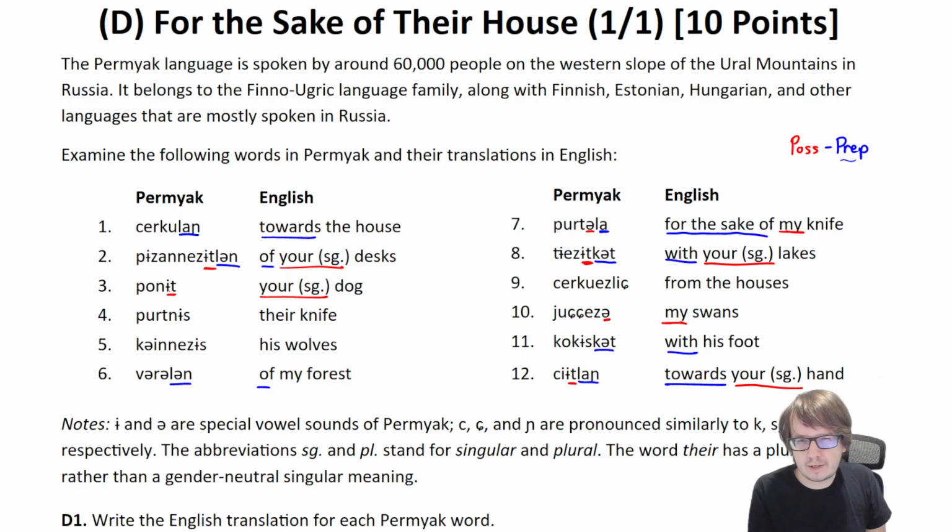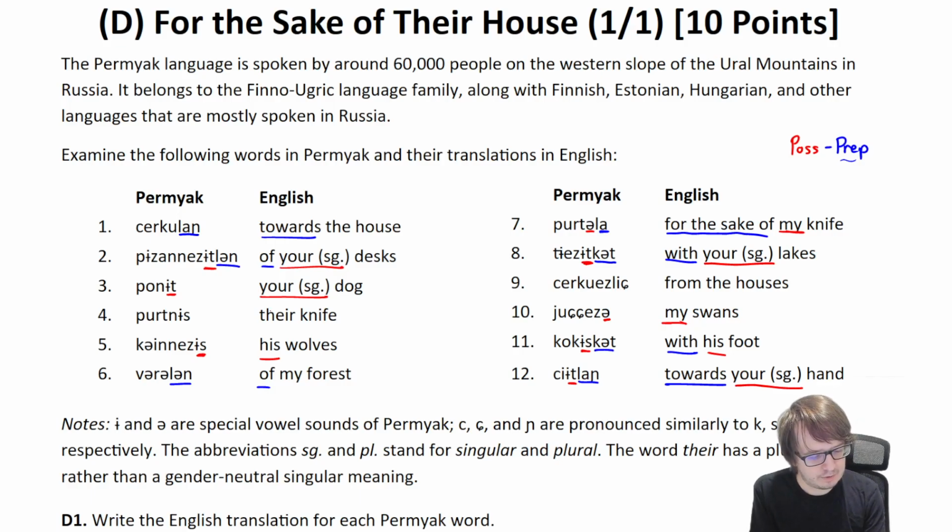We're going to tackle "the" later because it's a definite determiner, which means that "the" might not actually appear as part of a word. That might just be implied. So we do have his. I saw it. Yeah, with his foot and his wolves in 5 and 11. So what I see here is I see this is in common. So I believe that that is his. Okay. If we do their knife,